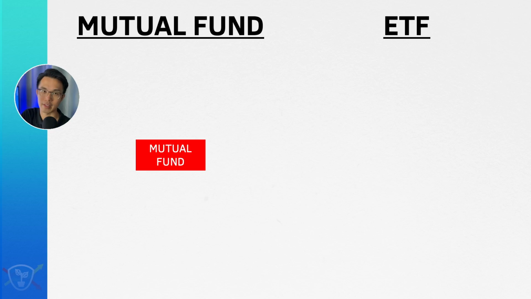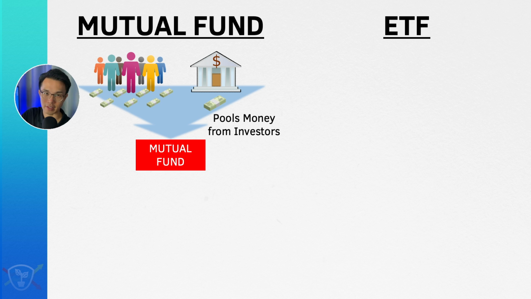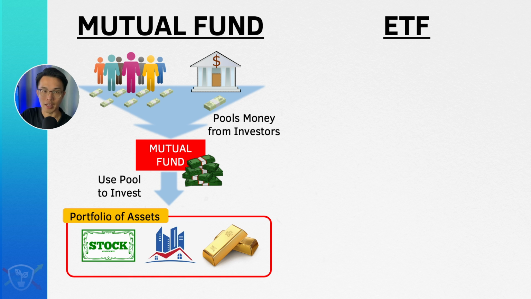A mutual fund, basically, consolidates money from a group of different investors, and then it uses this pool of money to create a portfolio of investments. Now, this portfolio can be assets such as stocks, bonds, real estate, crypto. It could be basically anything. And if I own shares in this mutual fund, this pool, basically I would own a piece of this portfolio